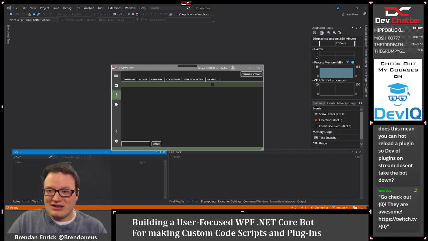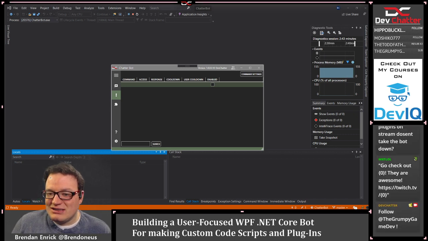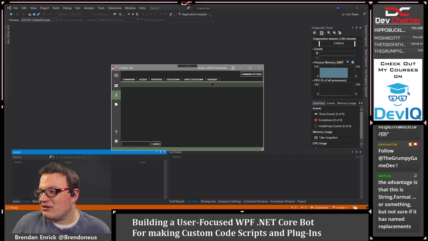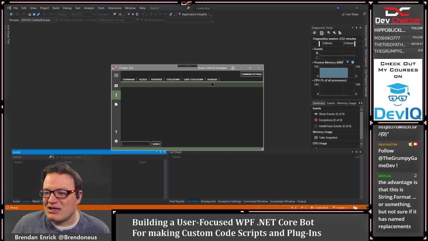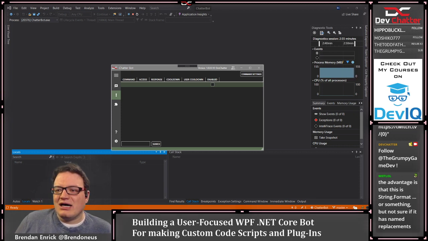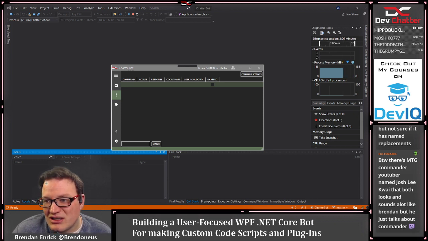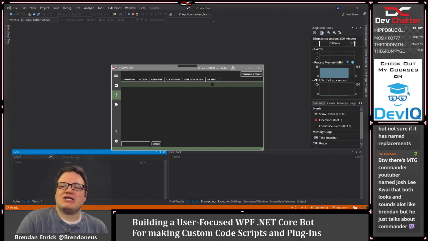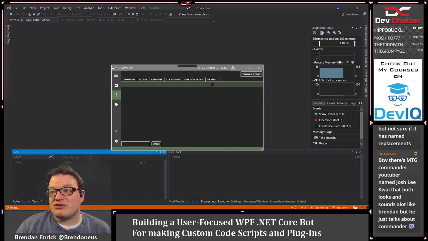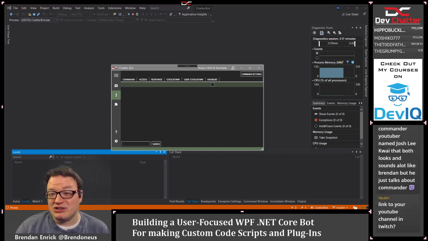So if I say follow the Grumpy Game Dev, I think inside of the Twitch chat, you can click on that name. No, it didn't highlight it. You can't. You can only click on their person name. I thought maybe I'm thinking of a different app. But either way, it has the nice thing of tagging them. Yeah, so Wheatlaw, the challenge is if we go that structure, we could do string formatting, but I think that gets a little bit complicated because this piece we want to be for regular users, not just